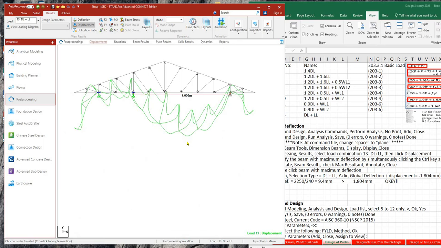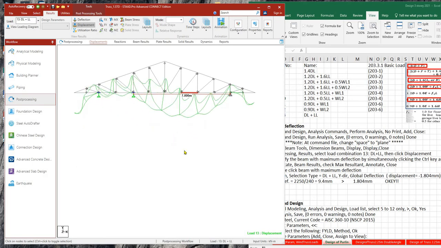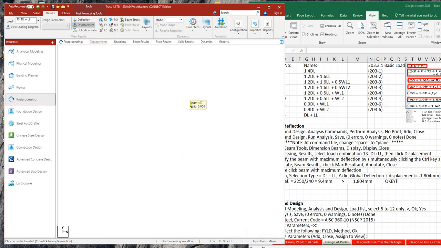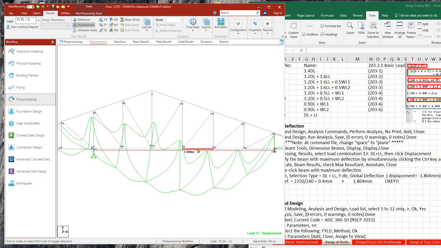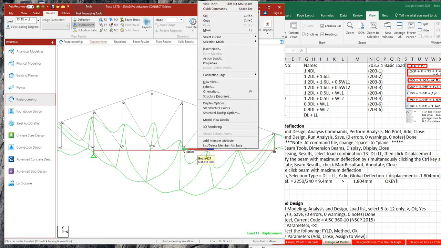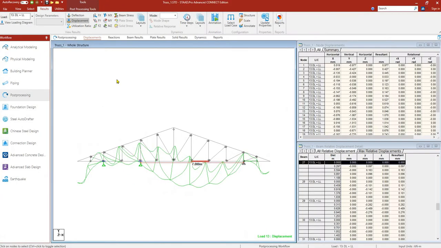Which happens to be at this member. Okay? So, check natin. Yan. So, ito ang ating titingnan ngayon. So, right-click mo yan. And then, okay, so, to check the maximum displacement,